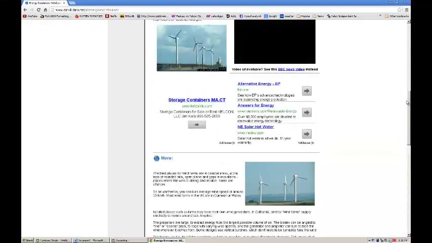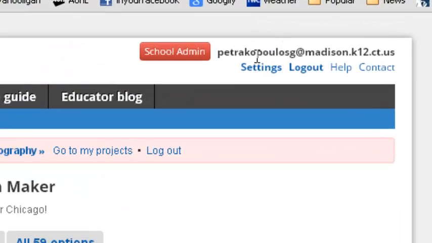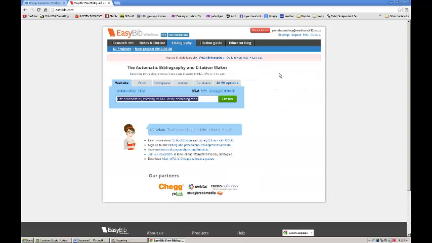So to cite a website, I'm going to want to open up a new tab and go to EasyBib. And I'm logged in right now. You can create an EasyBib account as well by going onto the EasyBib site and creating an account, but you have to do it from a school computer, and once you do that, you can access it from anywhere with an internet connection. But I'm already logged in right now, so all I have to do is click on website,